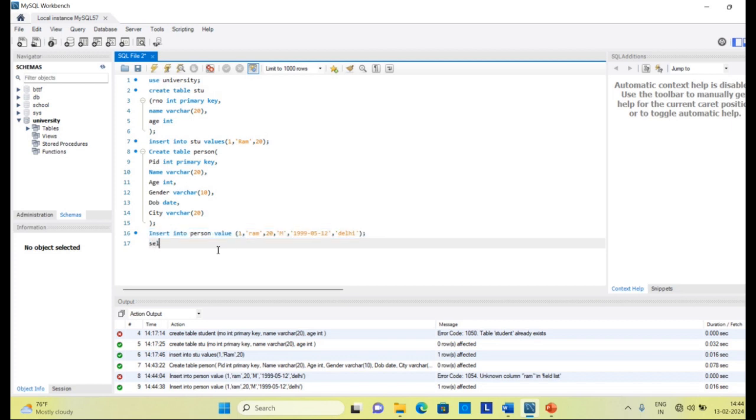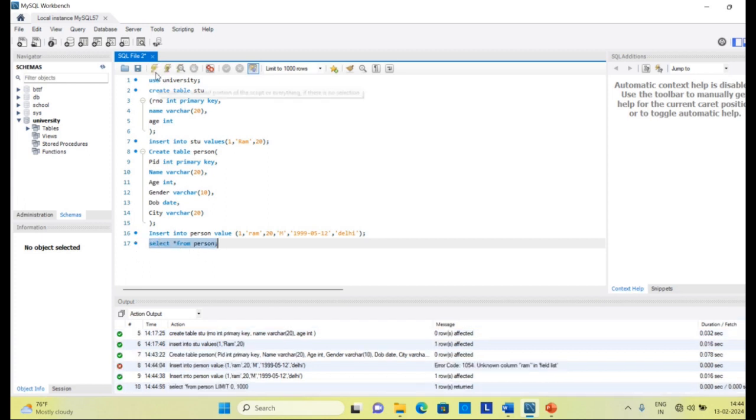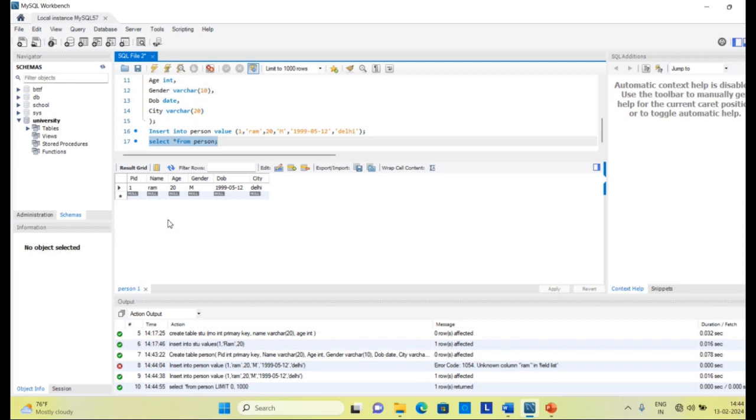For that we will just see SELECT star. We will discuss SELECT later in detail, but right now, to retrieve the values, I am just giving you SELECT * FROM person so that you can visualize what you have performed. You can see the table structure like this will appear on your screen. I hope it is clear what exactly the data types in SQL are.